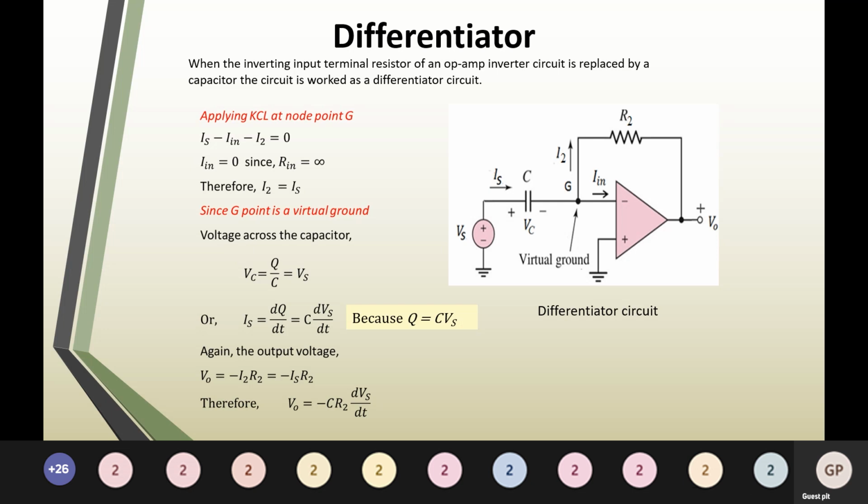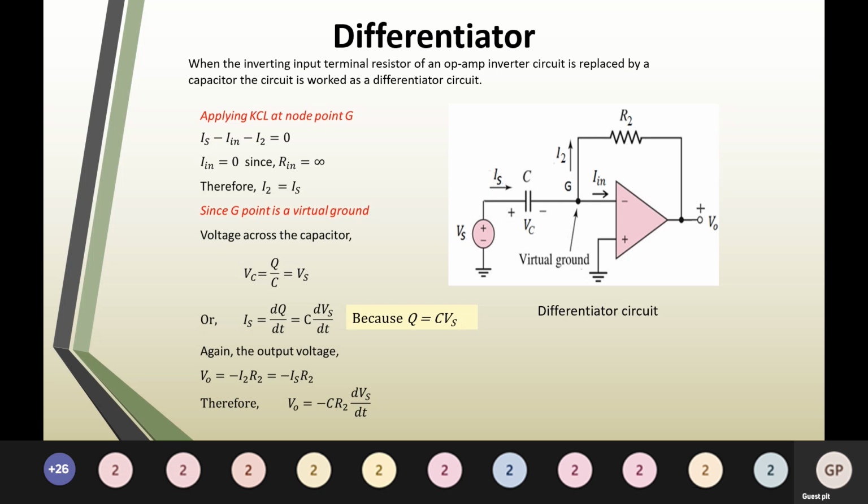Now again, writing the expression for the voltage across the capacitor. Previously we wrote the current through the capacitor. Now I'm writing the voltage across the capacitor, which is Q by C, and this voltage will be equal to this voltage Vs. The voltage across the capacitor will be equal to the input voltage, because the entire input voltage is supplied across the capacitor, is it not? Therefore Vs will be equal to Vc, which is equal to Q by C. So write the expression for that, simplify, and then write an expression for the output.